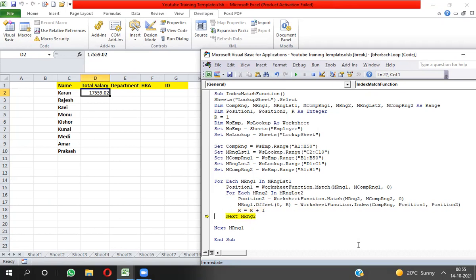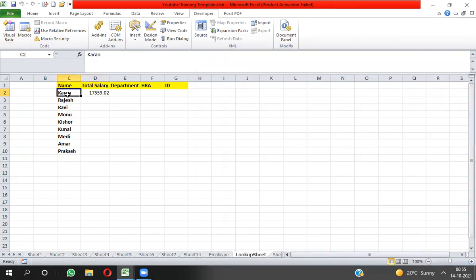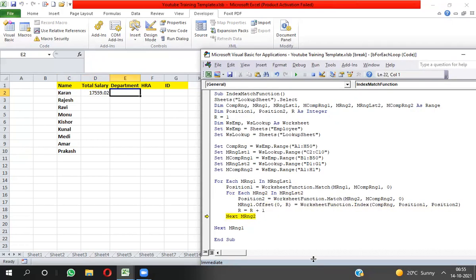You can see here now R value is 2. So MRNG is this one. From this cell reference, it will move 2. So you can see here. Now I will get the position of header department. So you will get here the header position. Got it? Now you will get the position of HR department. You will get the HR value. Now you will get the position of ID. You will get the ID value.